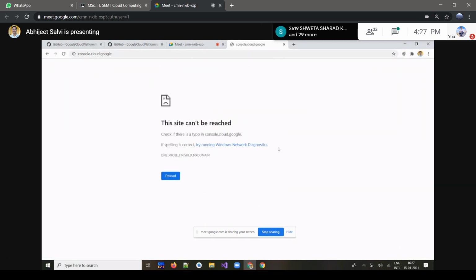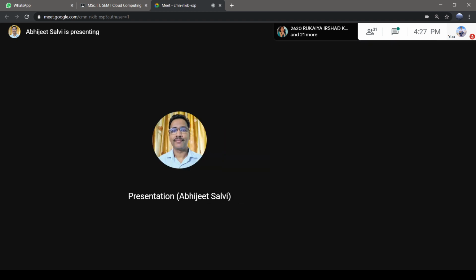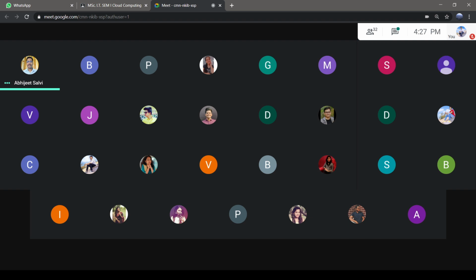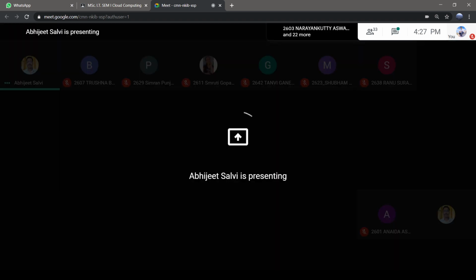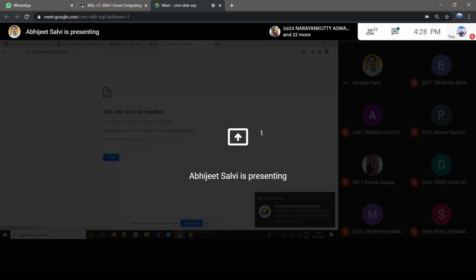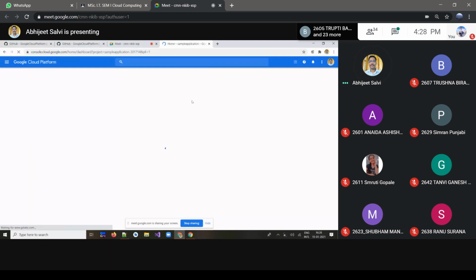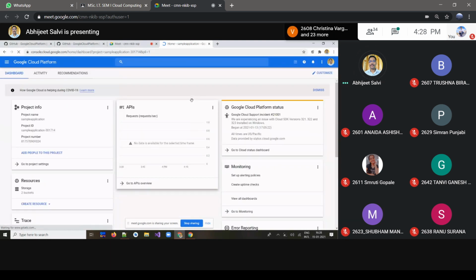Console.cloud.google.com. We'll get the console of Google Cloud Platform.